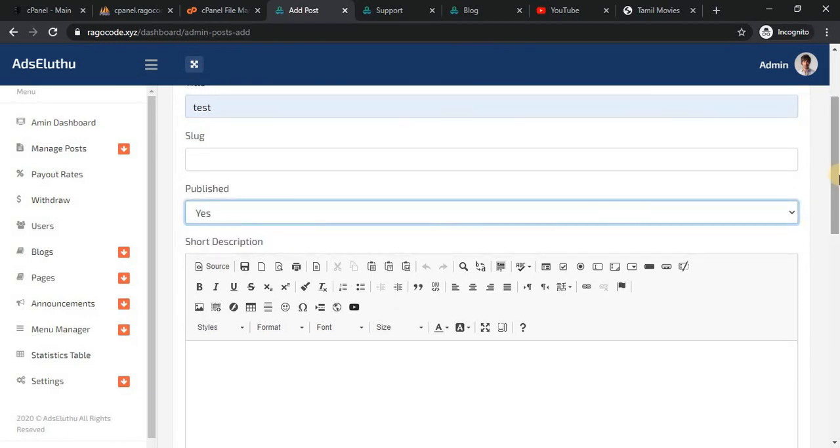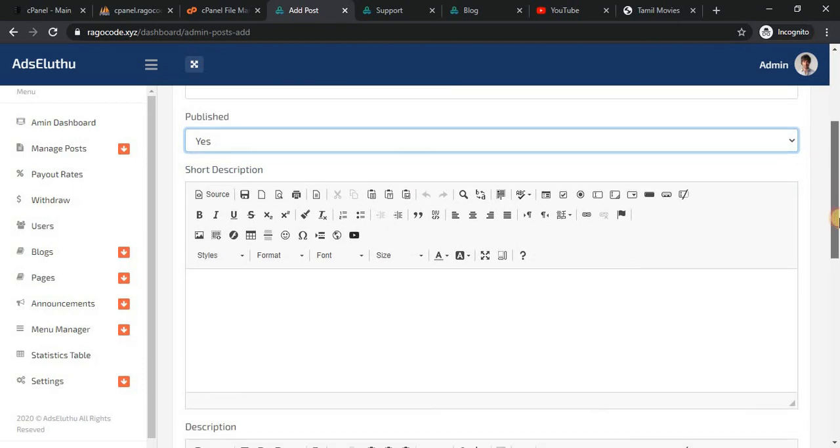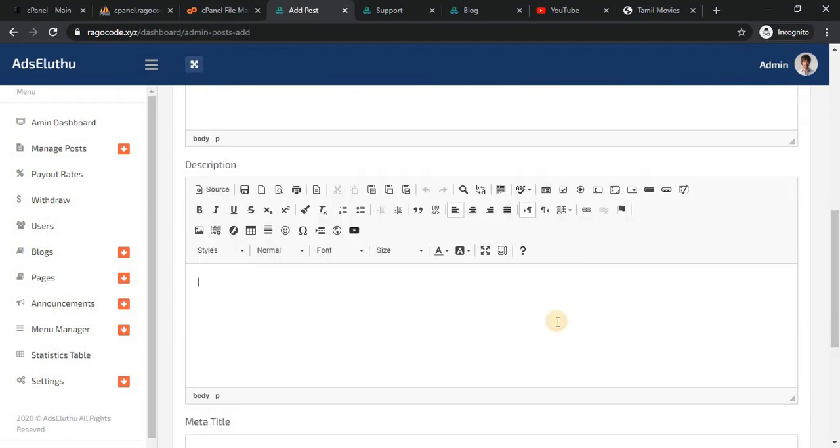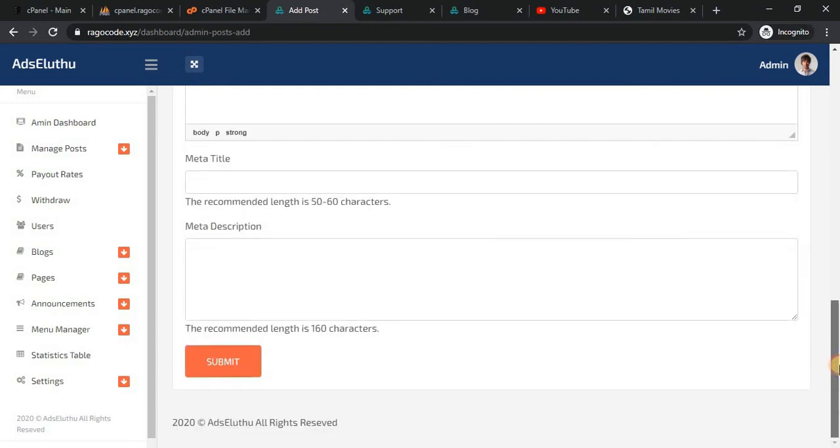The publish option decides whether it will be displayed or not. Just enter the short description test and the main content. Then the meta tags and meta description are all as you wish. Just click to submit it.